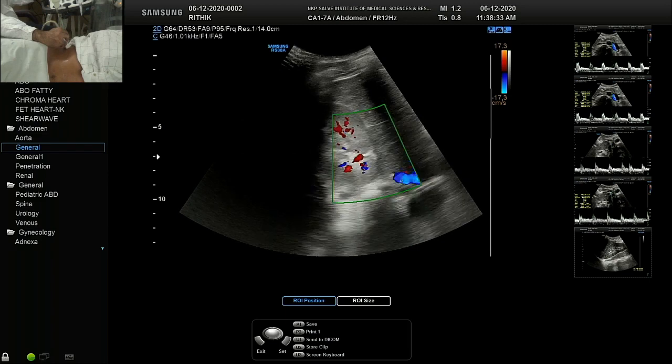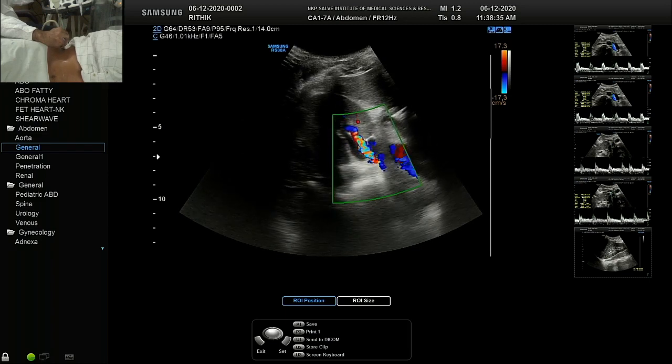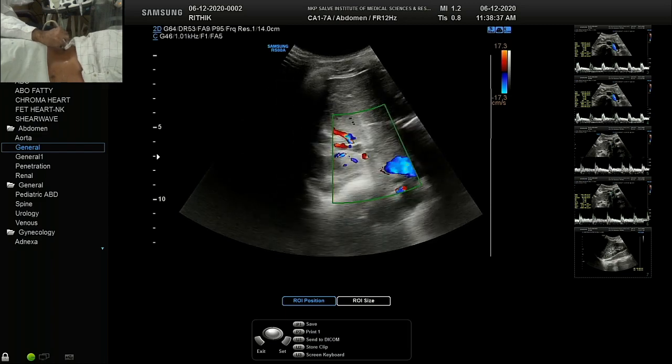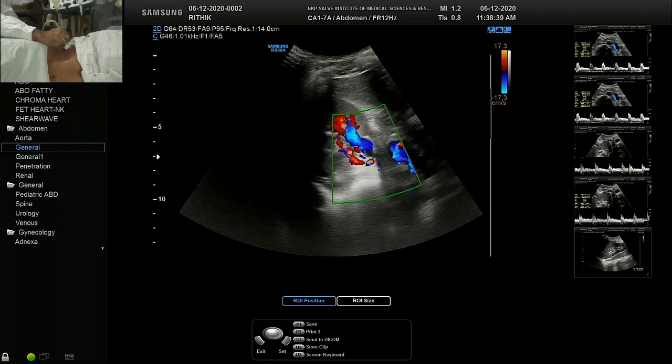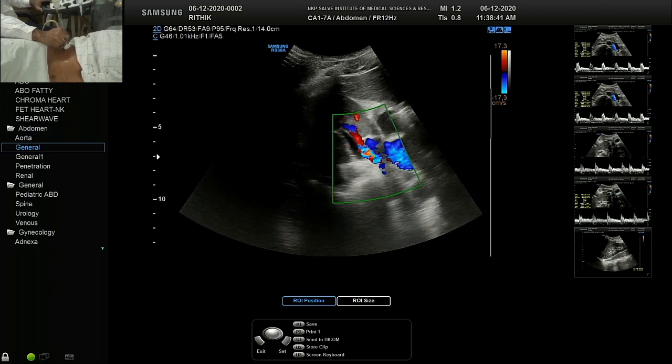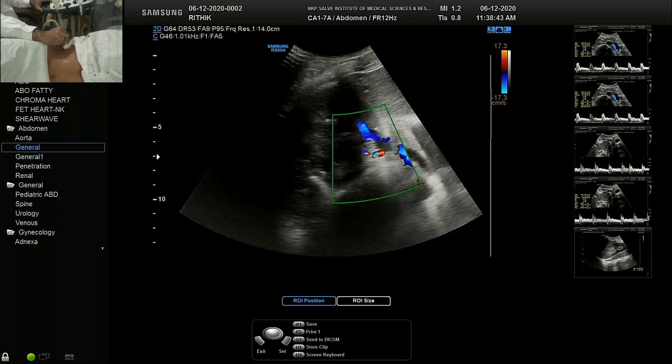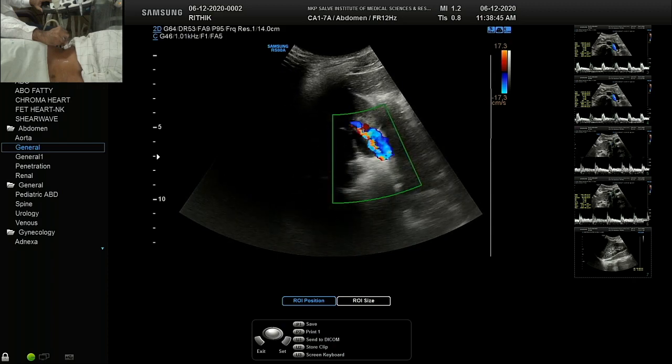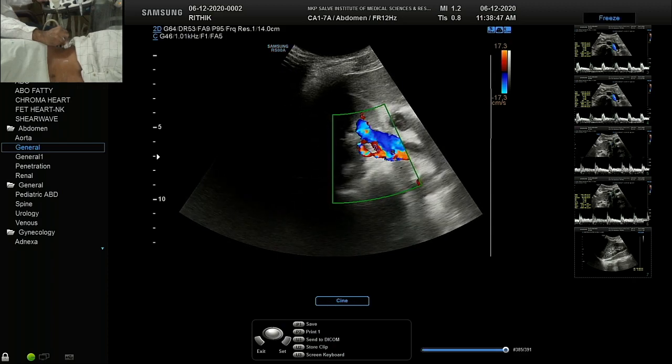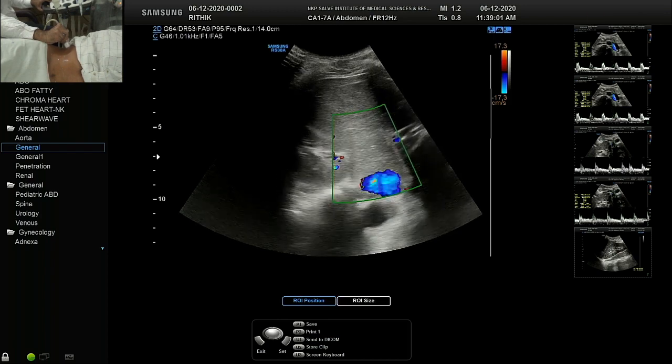So you can use different angles to see them, or you can adjust the PRF. That is the renal artery that has branched just at the hilum. There can sometimes be early branching of the renal artery before it enters the hilum. Usually it enters the hilum and then branches into segmental arteries, but branching outside the renal hilum is also normal.